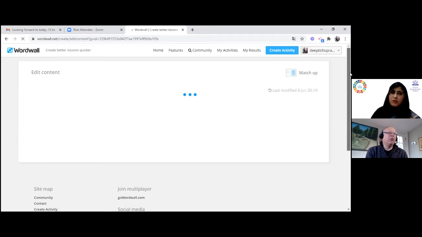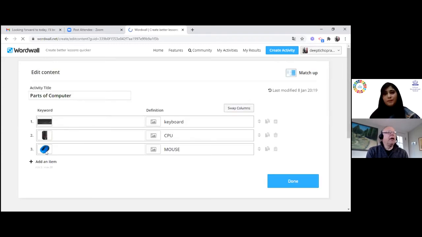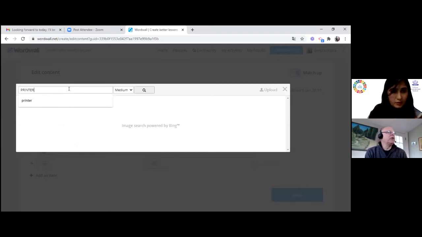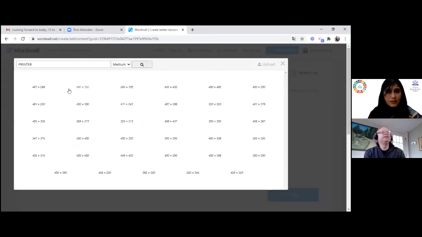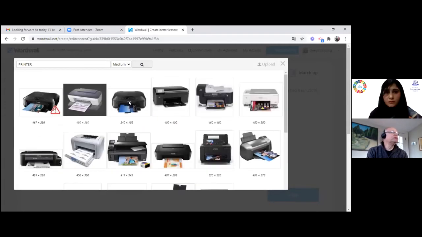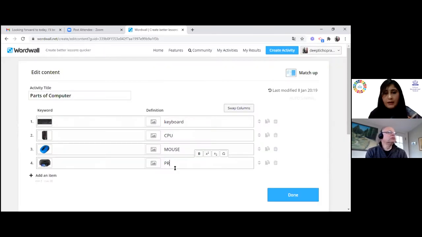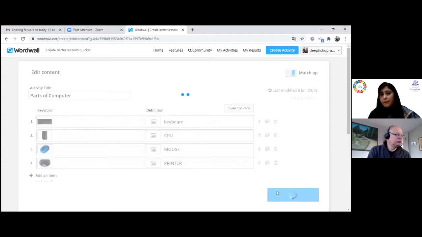And I also saw that one of the options was embed. So that means that if you have, let's say, a class website, instead of just having a link, you can embed the quiz right into your class website, or the activity. Yes, you can embed. So I can add printer if I want to make some changes in my activity, just showing how the edit option will work. And then I can click on done. Once I click on done, it is automatically going to save and change the activity content.